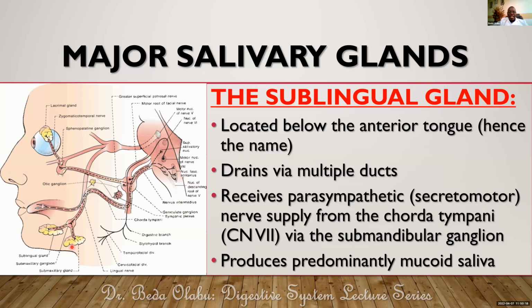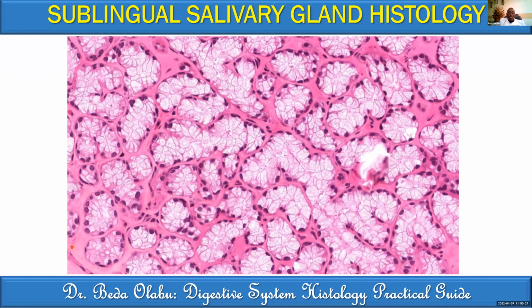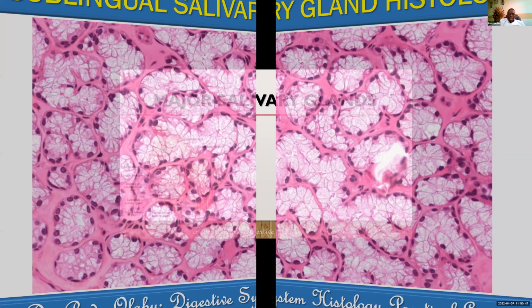The sublingual gland produces predominantly mucoid saliva. And so we expect the sublingual salivary gland to have predominantly mucus acini. As we can see in this image, we see a gland with predominantly mucoid acini. That is what we expect for the sublingual salivary gland, predominantly mucoid. The third one,